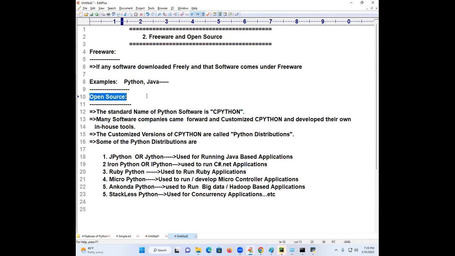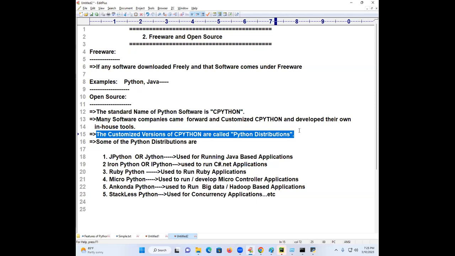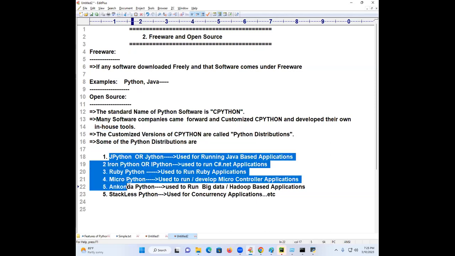And open source is nothing but, after downloading freely, some software companies came forward and customized that version of the standard one, and they prepare their own in-house tools for quality assurance and for testing performance. They write their own tools. Such customized versions of CPython are called Python distributions.